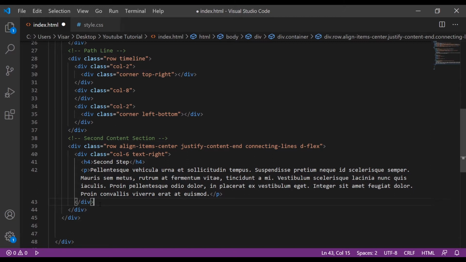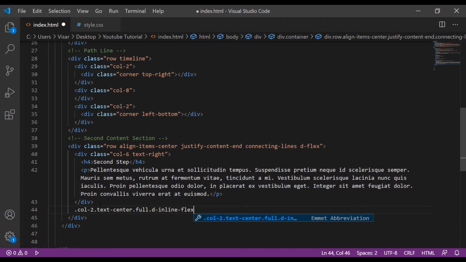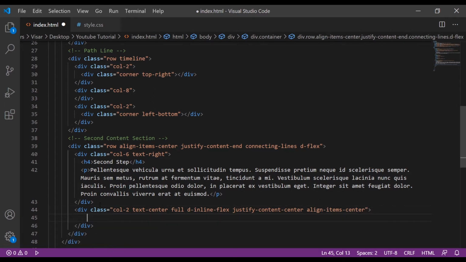We have the closing div. Then here inside we create another div with a class of col-2, then text-center, d-inline-flex, justify-content-center, align-items-center, and just inside we'll have the same.